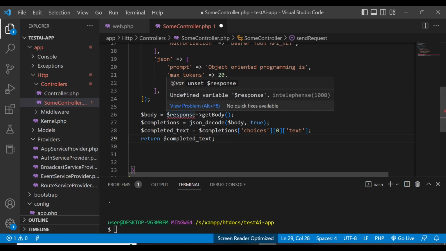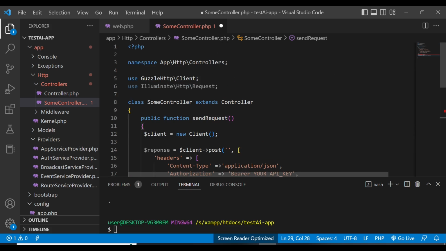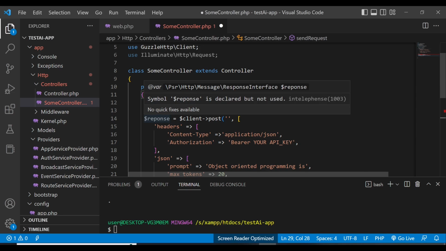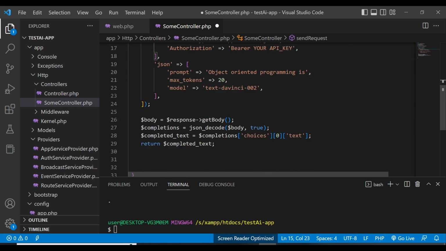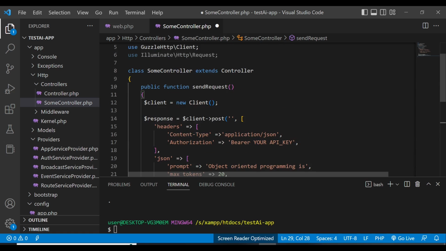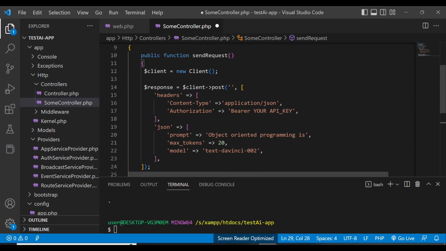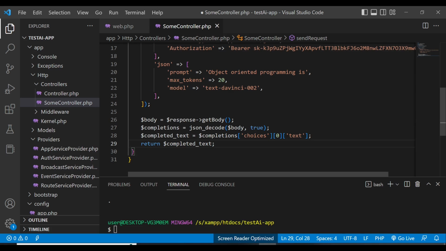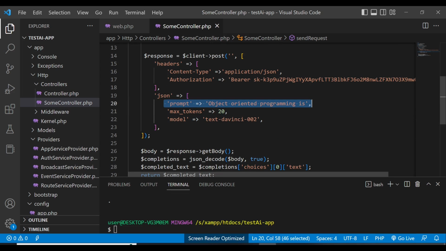So we have body and then we have the response. Now here within this response here, it has some. Now here I'm going to give my API key, which I'm going to destroy because I'm not going to hide it. So let me just get the API key. So I've given my API key. So what we are doing now, we are going to give this prompt. We have given this prompt, and then the max tokens is 20, and then the model is text DaVinci 2. Now within my web